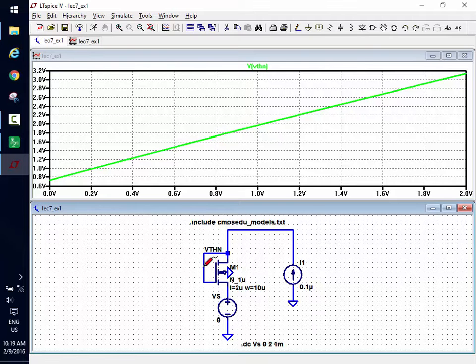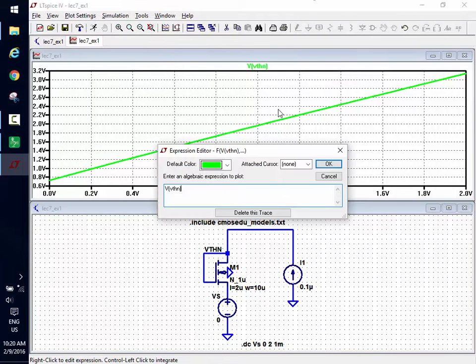Okay, what's the voltage here? That's the gate. I'm claiming that's going to be the threshold voltage. So from here to here is a power down. It's like going down a hill, threshold voltage. Then from here to ground, I've called VS. So if I want to plot the threshold voltage, I got to take this voltage, VTHN,